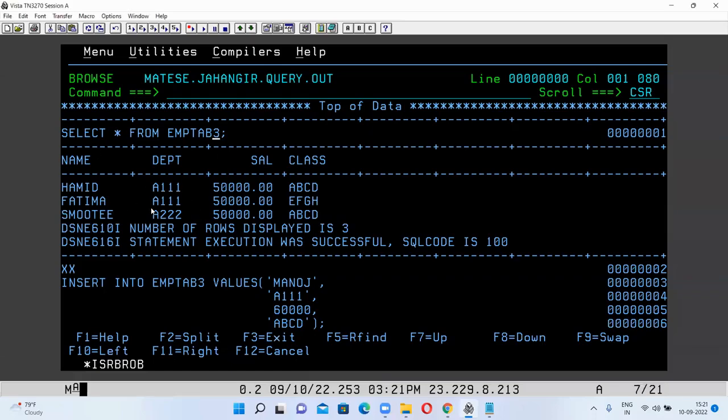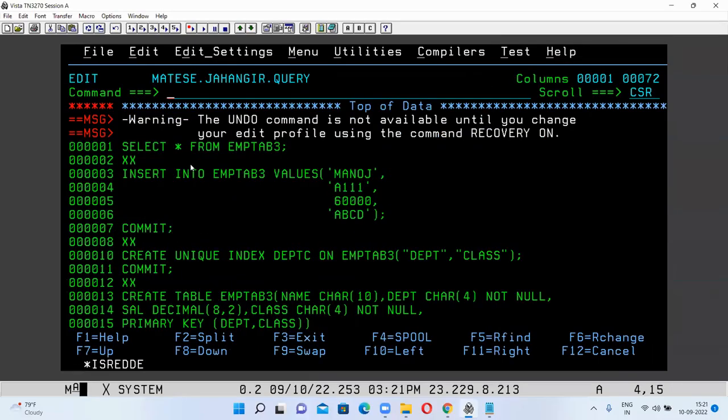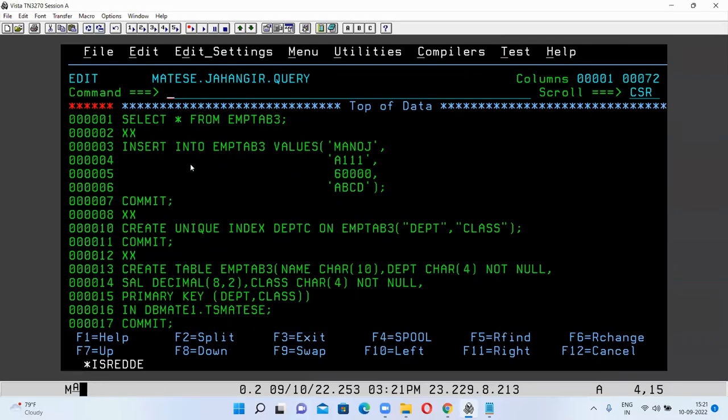So if you have that many records, and if you want to view the entire table, like select star from table name, it means you are asking the system to fetch everything, all the columns, all the rows. So if your table has